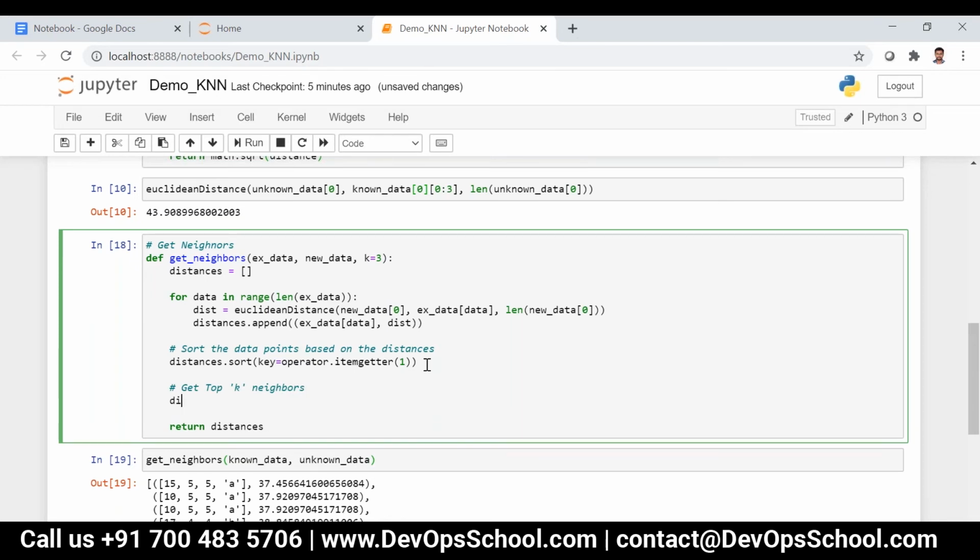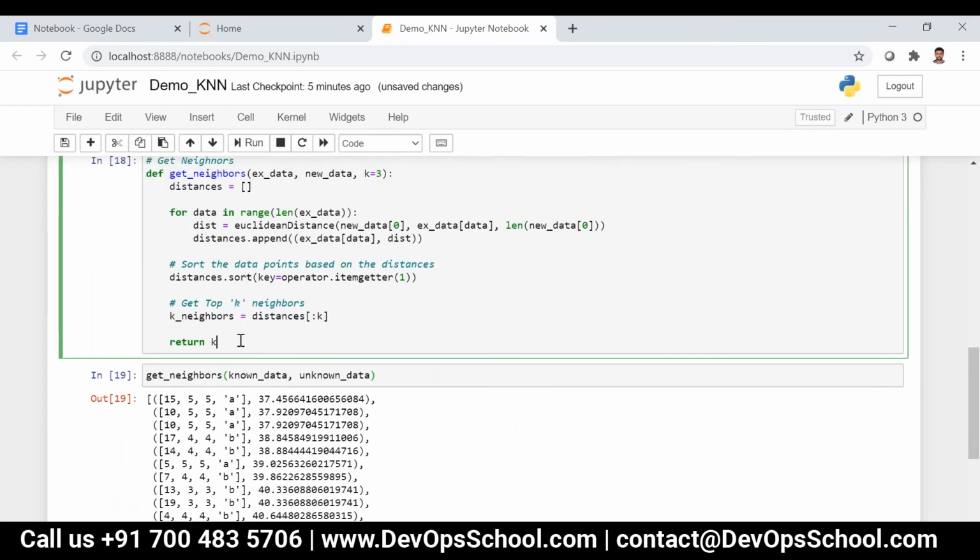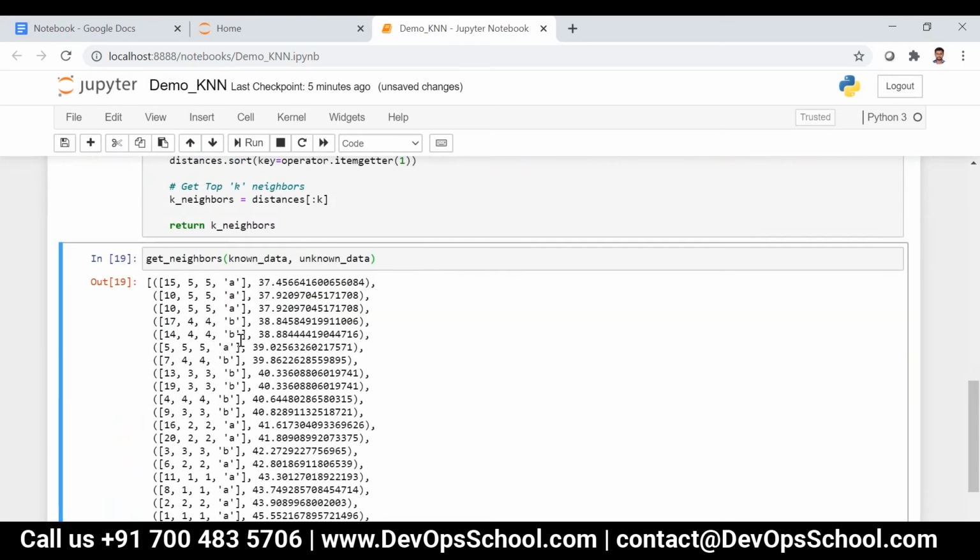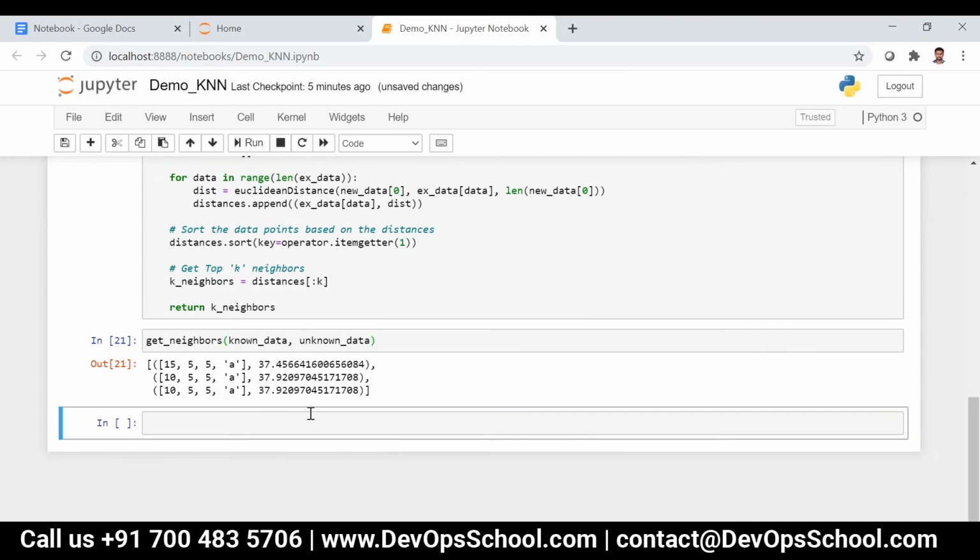I can say k_neighbors is equal to distances of colon k. So now if I return k neighbors, you can see only the top 3 neighbors are there. Distances of colon k, that's it.